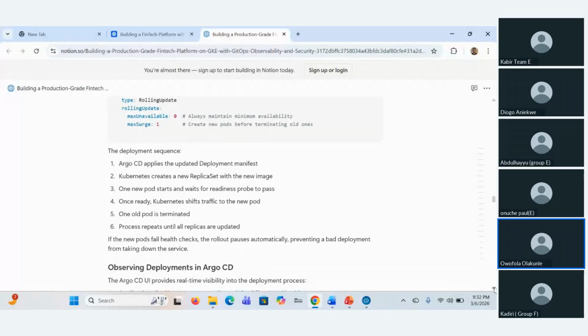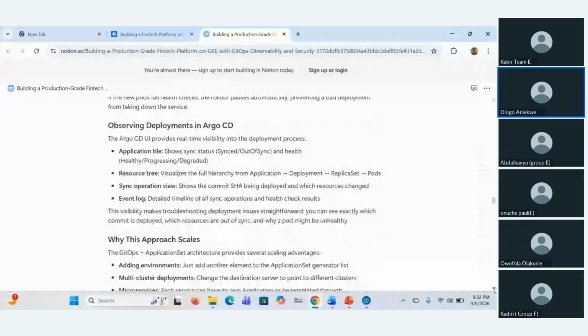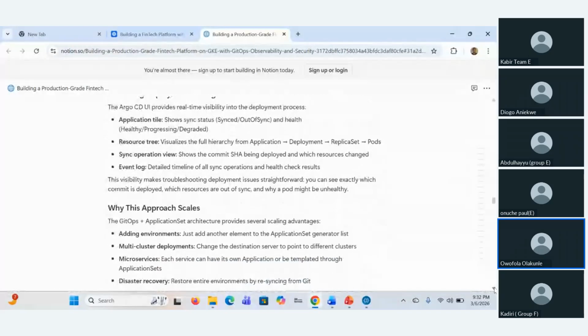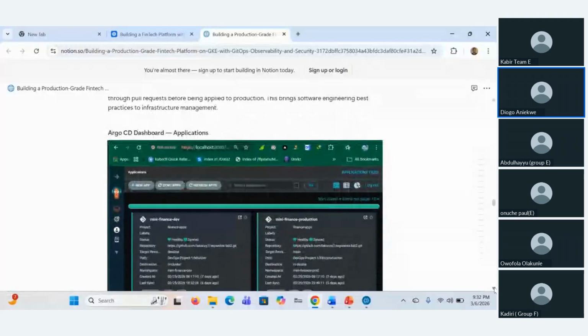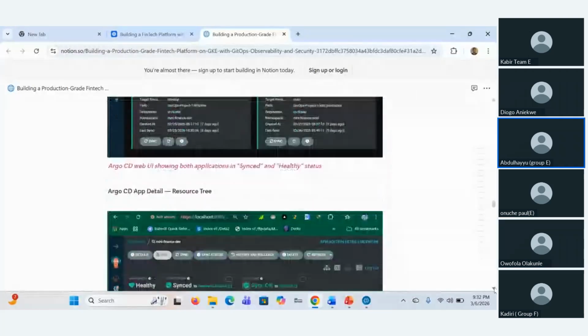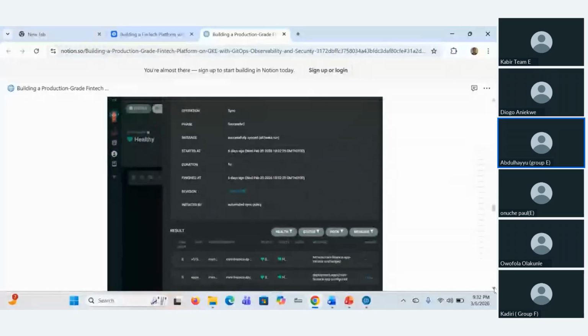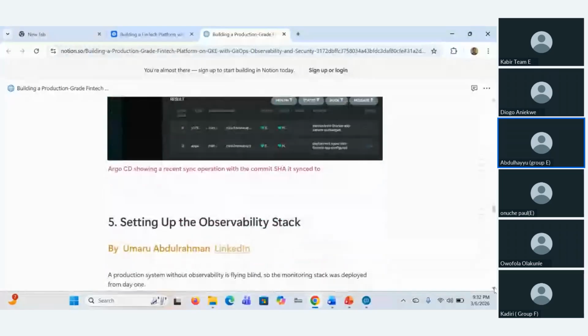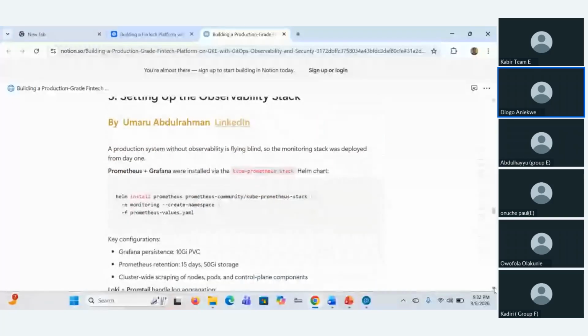So can you go down? It's okay, Kunle. Is any other person speaking because of time? Okay, thank you very much. Thank you, I've been following very well. Okay, is Umar there? Go ahead. Umar will take the observability part. Because of time, just keep it to 1 minute. Just go straight to the point.